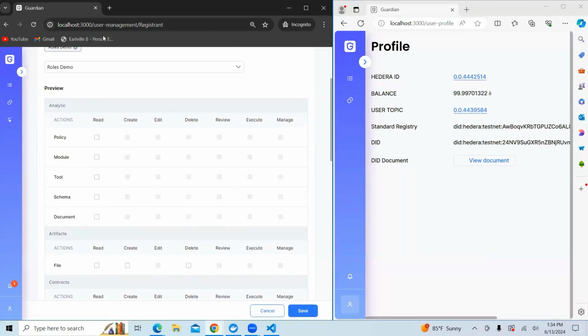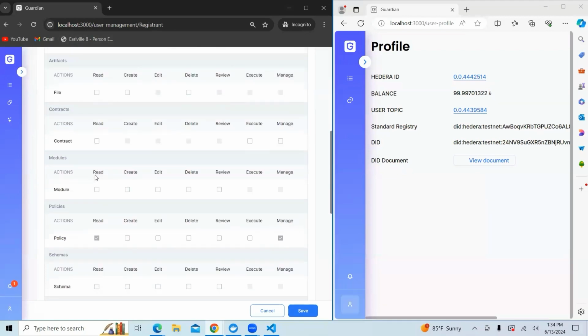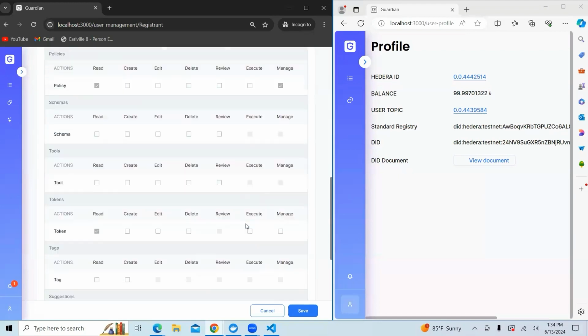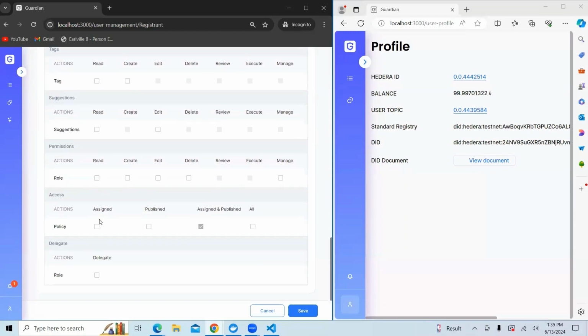As you can see, I get a preview of that role, showing what permissions it currently has. This role has the read and manage policy access, read access to the token, and access to assign and publish the policy. Now, once I click on save,